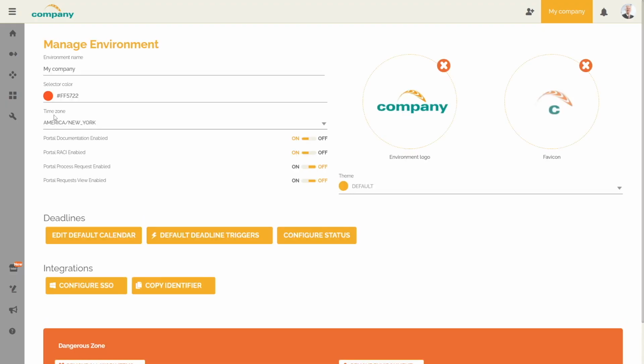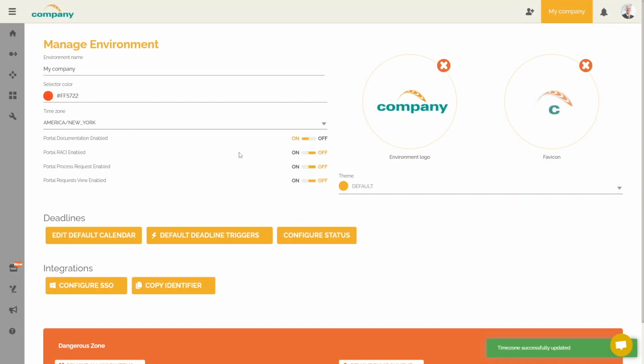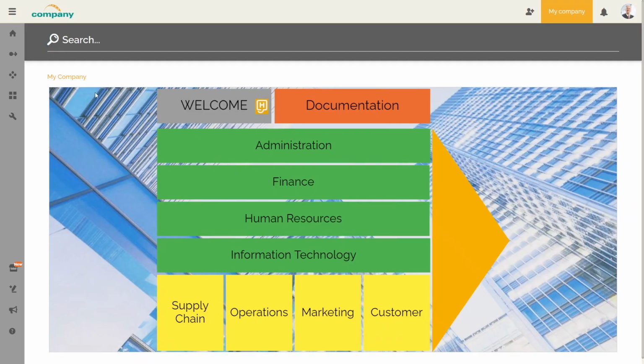There is also the option to set a single option. For example, you can choose to provide access only to process documentation. It is then necessary to select only the first option. Heflo will behave differently in this case. Indeed, if we click on the portal, the system then directly displays the home page of the process documentation. If you have set a process landscape as your home page, then you will be able to access it directly.